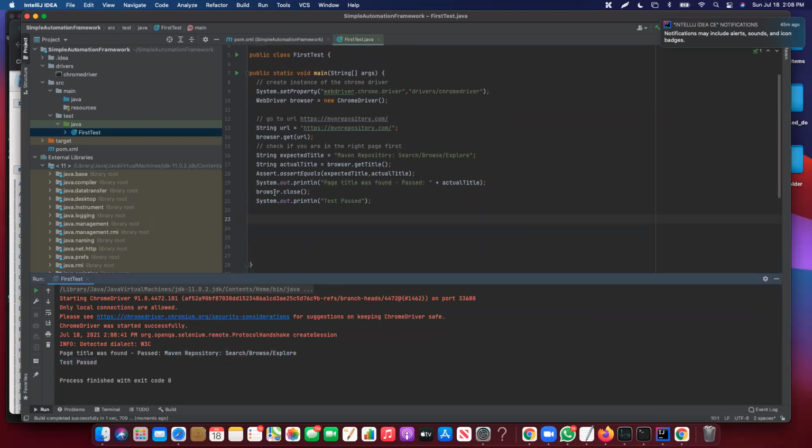Now that we just made sure that we're on the right page, we didn't forget about our test case. The whole code so far is for checking for the right title. So these two at line 20 are different. The next thing is we want to type something in the search, so we're going to say search for